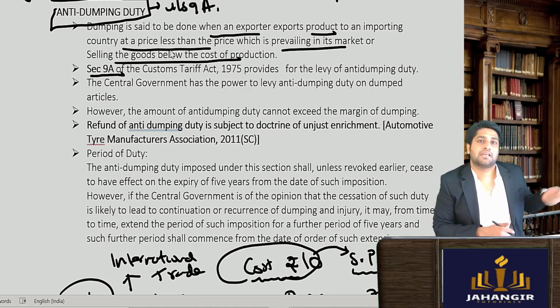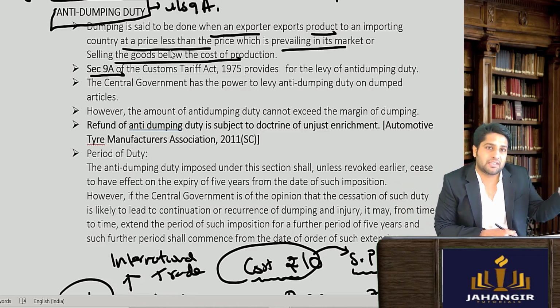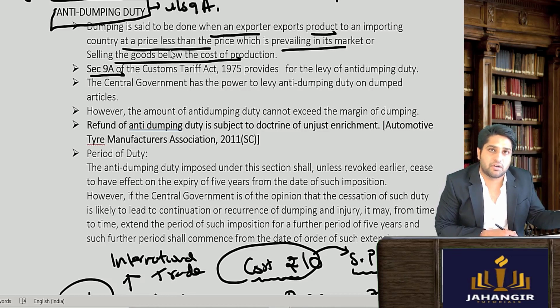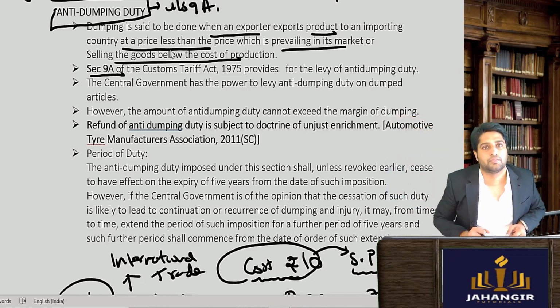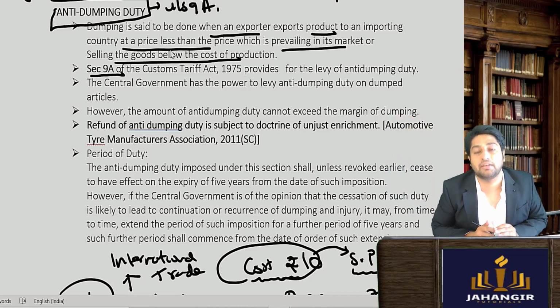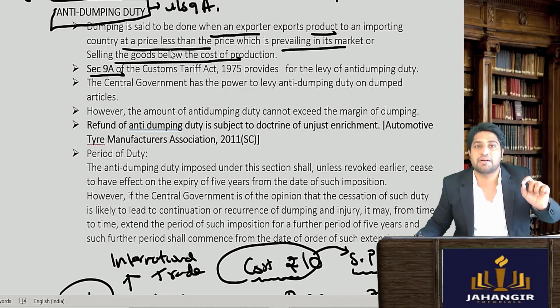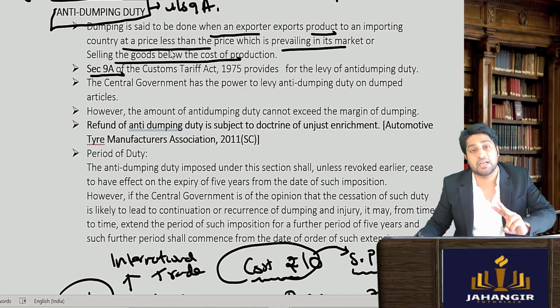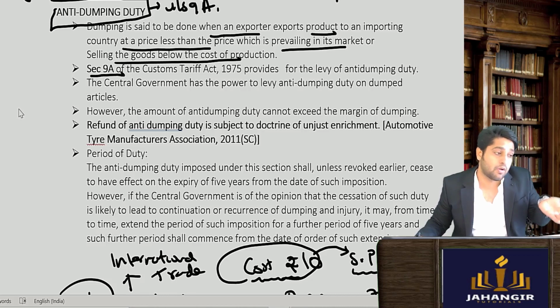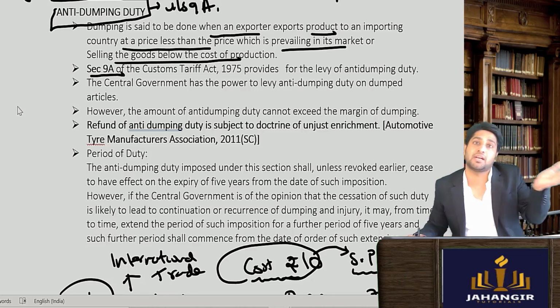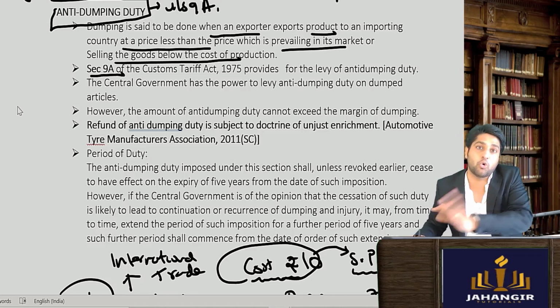So if I can sell it for 10 rupees here, but I don't sell it for 10 here, and I go to another country and sell for 6, then it will again be called dumping. So there are two cases of dumping: I'm selling below the cost of production, or I'm selling at a price lower than what I can sell it for in my market. In my market I can sell it for X amount, but I go to another far off market and sell at a lower price.